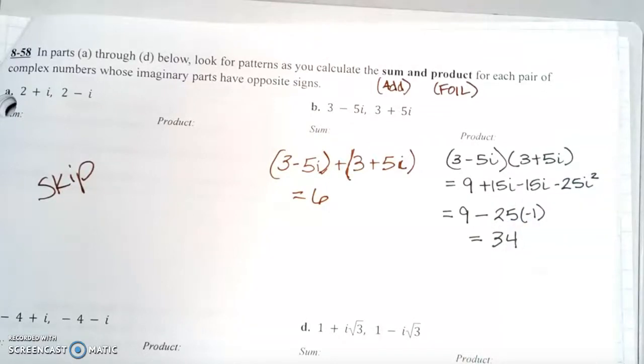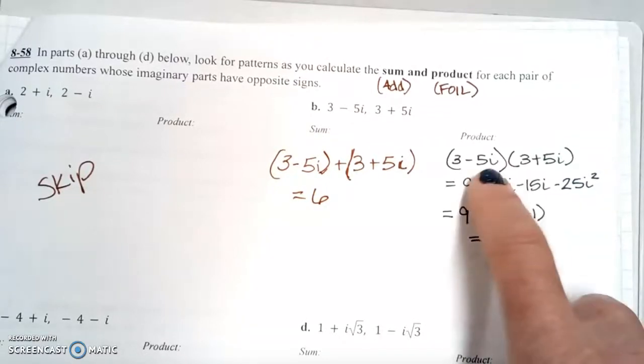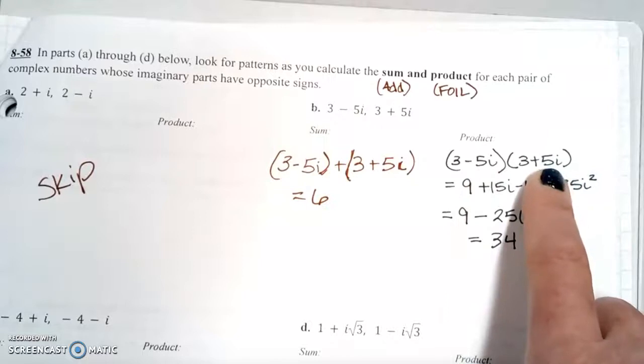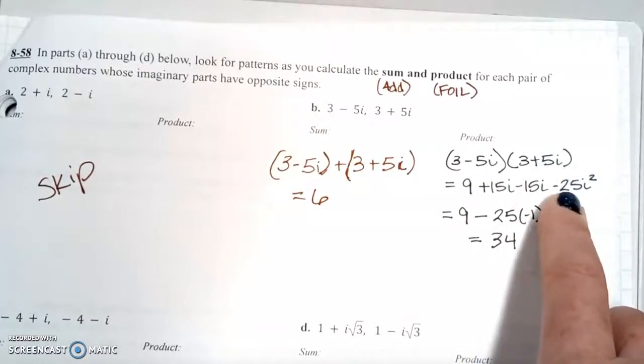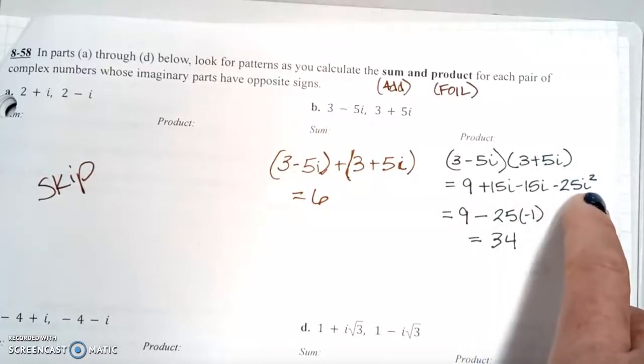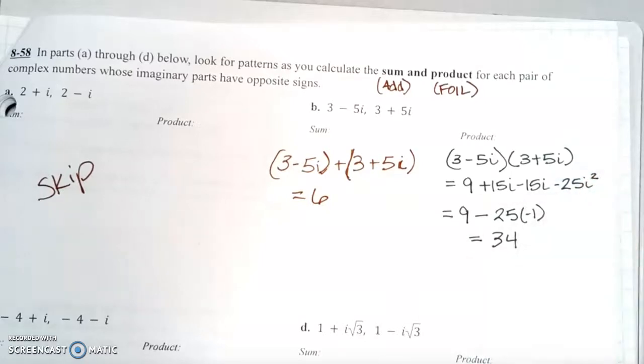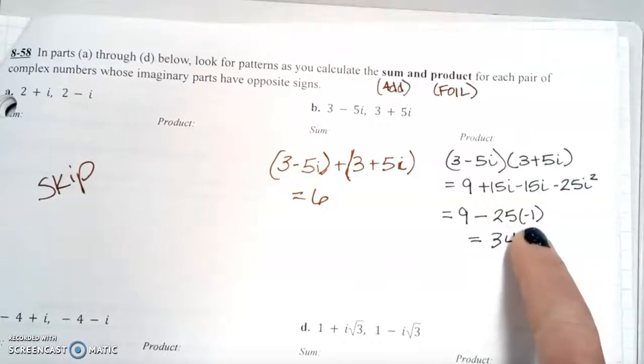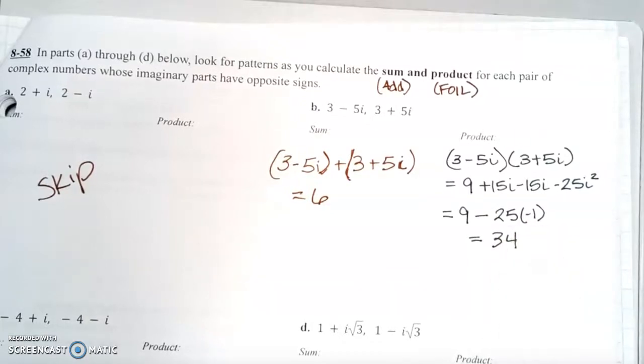And then for L, it's last. So you would do negative 5i times plus 5i, which would be negative 25i squared. I squared actually has a value. I squared is equal to -1. So when you multiply